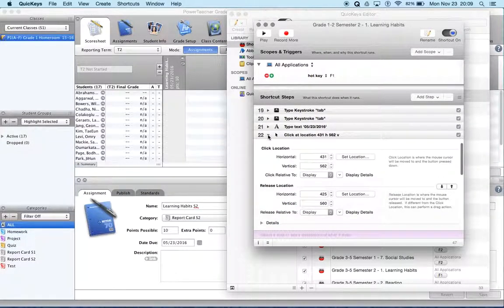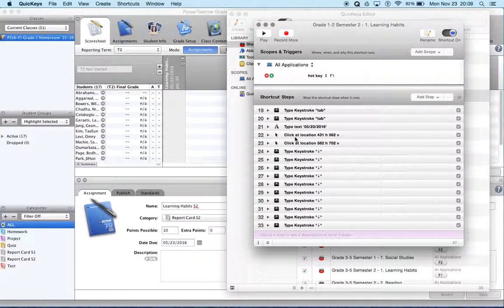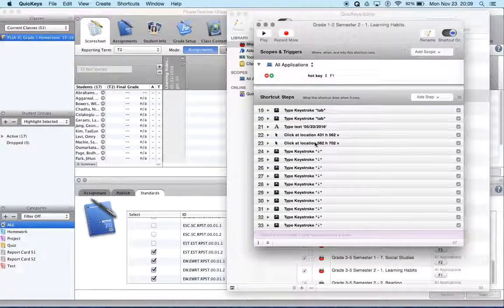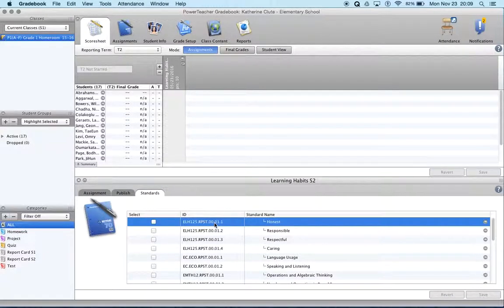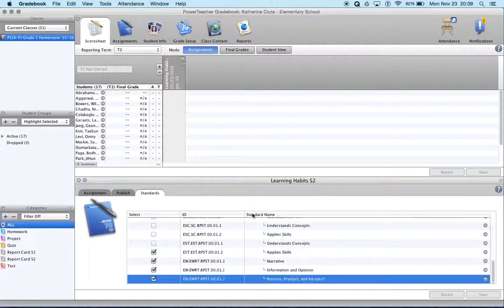And then I have a bunch of click locations. So I do click 1, click 2. The first click moves me into standards. The second click clicks the top. And then I have a bunch of downstrokes that are going to take me down where we need to click